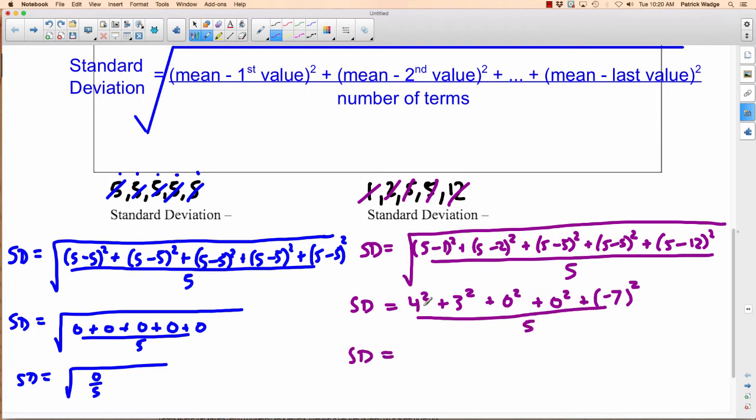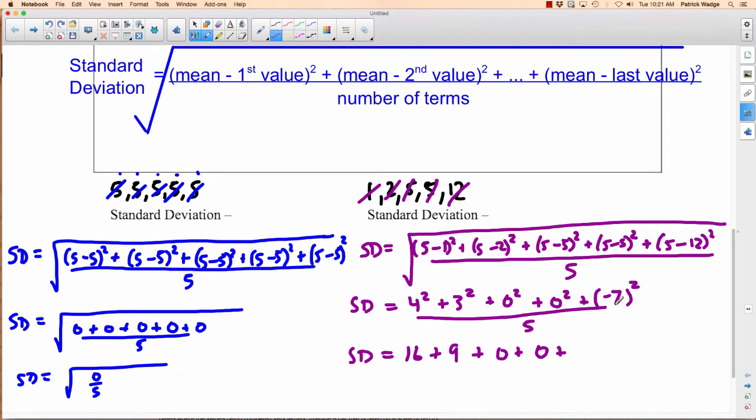So what's 4 squared? That means 4 times 4, which is 16. 3 squared, 3 times 3, 9. 0 squared, we did that over here. 0 times 0 is 0, and again here, 0 squared is 0. Now, right here, this is all of this number, including the negative squared. You have a -7 times another -7. Negative times negative is